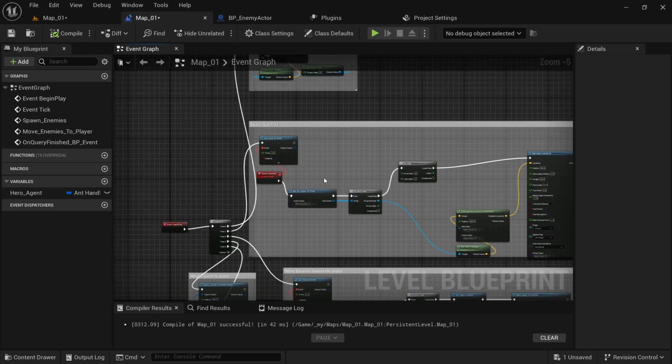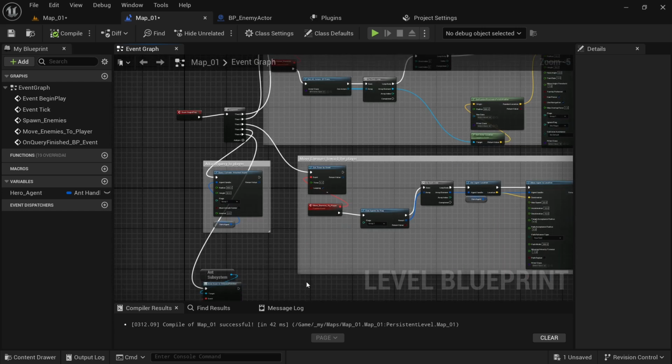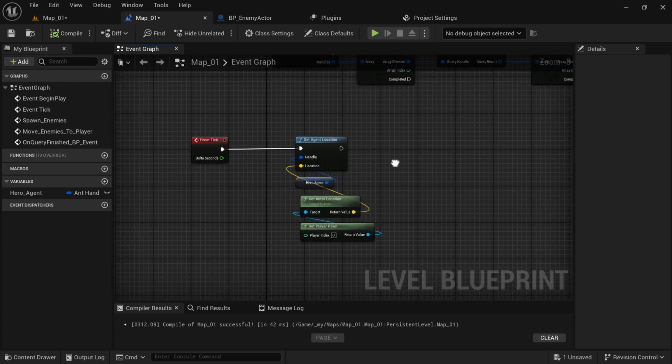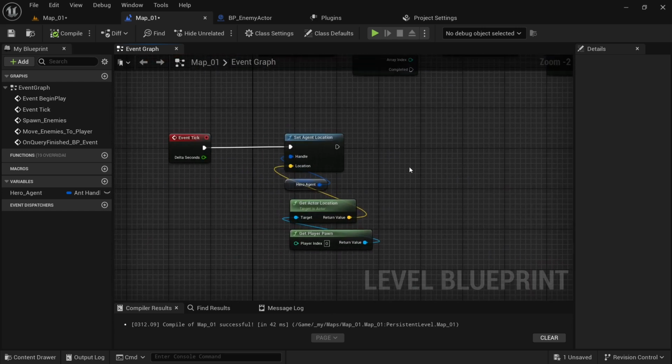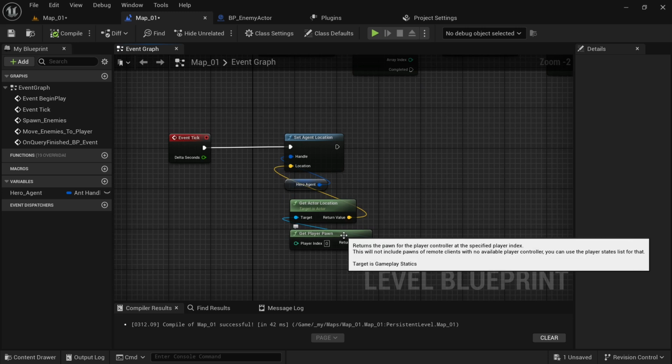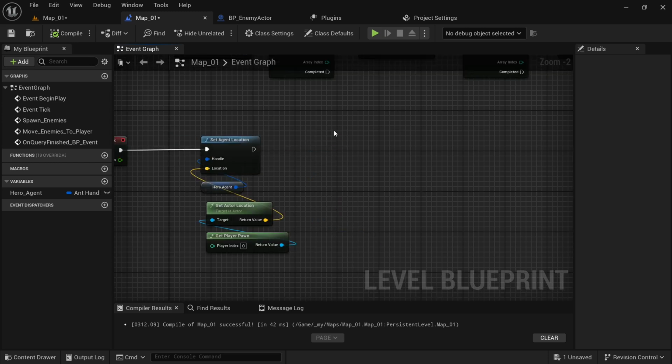Where would we put it? In a tick. So in tick we already have hero agent follow the player location, and now we're gonna do it in reverse. We're gonna make enemy actors have locations of